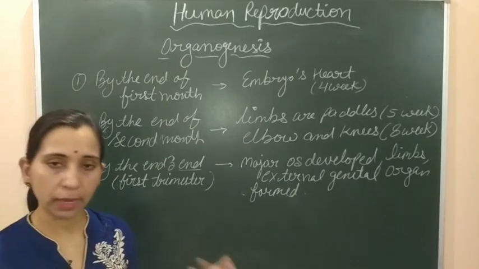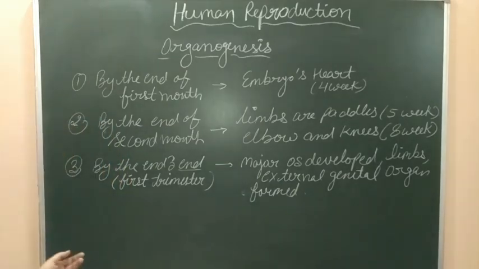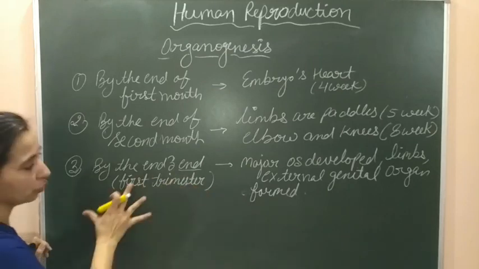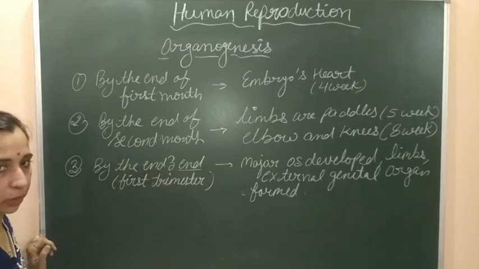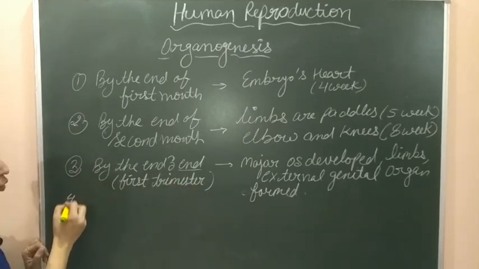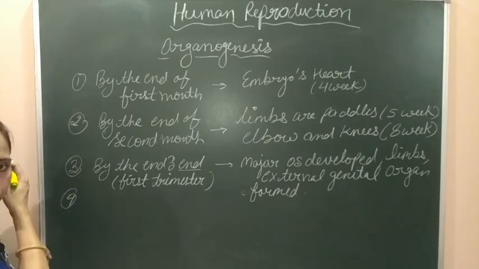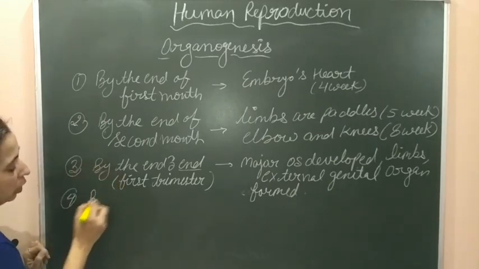Thymus, thyroid and parathyroid glands are also formed. So these are some other major changes which occur at the end of the first trimester. 3 months के end तक इतने changes हो जाते हैं. अब हम बात कर रहे हैं at the end of the fourth month,